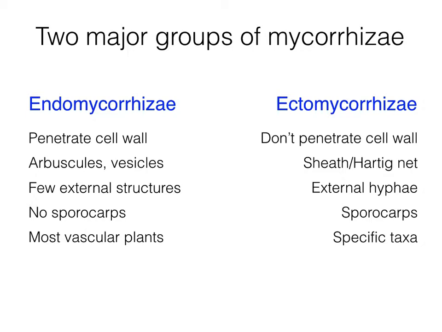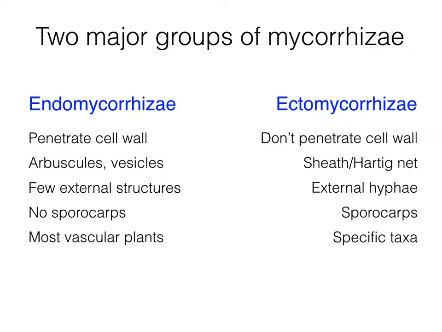The endomycorrhizae form arbuscules and vesicles, and we'll take a look at some of those in the subsequent slides. So I won't go into much detail there. But they differ on a microscopic level, at the cellular level, in that they form arbuscules. And arbuscules, arb, meaning tree. They form these tree-like structures when they invaginate the plasma membrane. And again, it's in these arbuscules